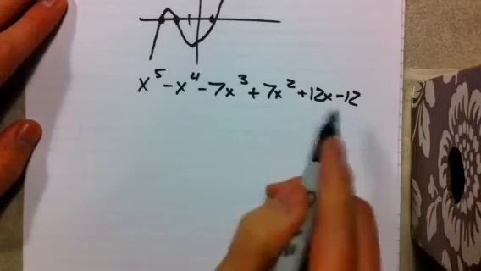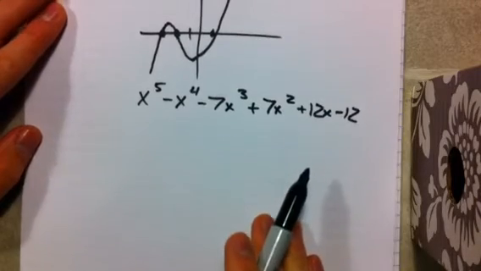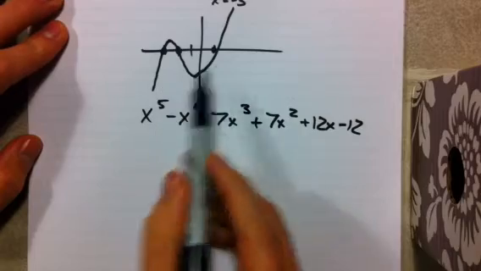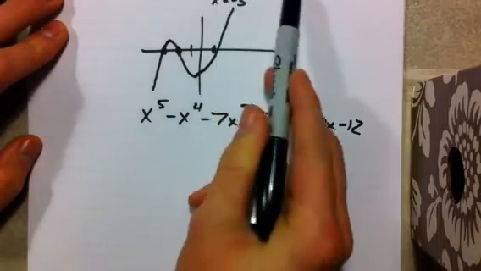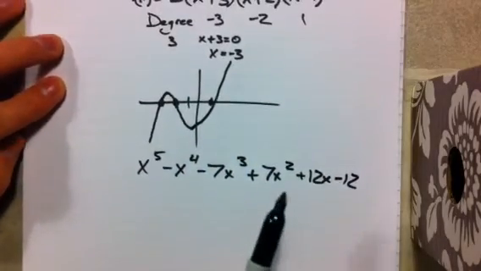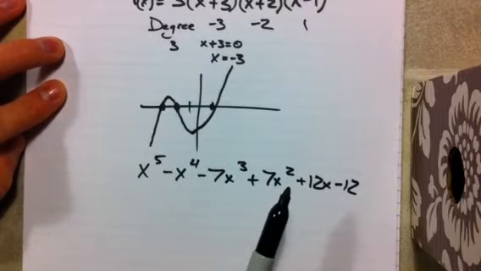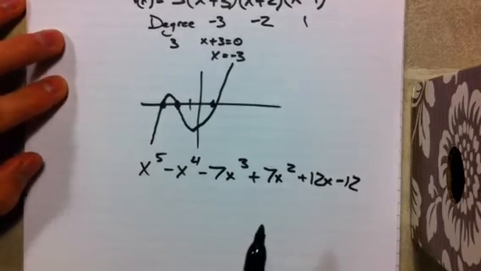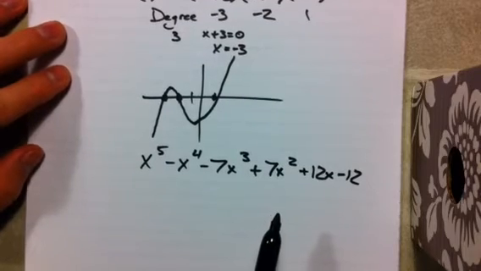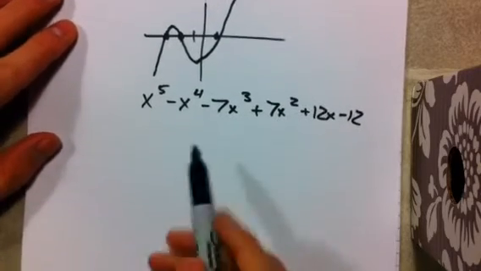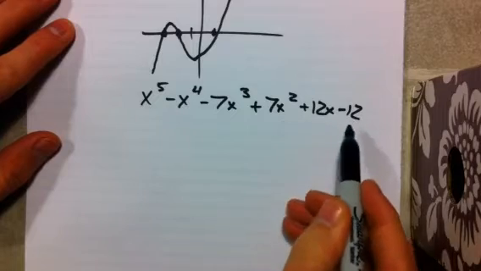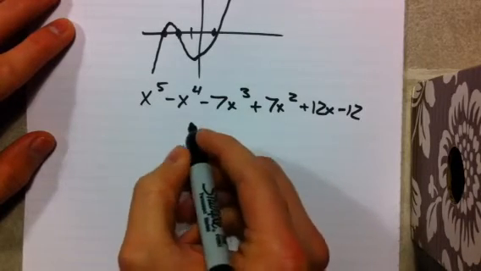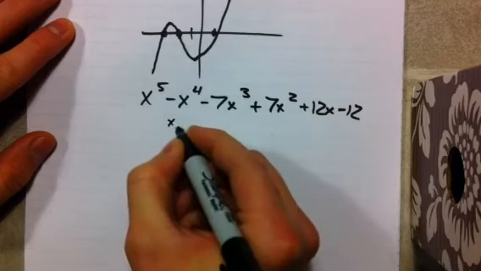And so the first thing I say here is, well, let's sort of take this backwards. Let's go to the graph first, look for these x-intercepts. Those x-intercepts that we saw, negative 3, negative 2, and 1, and then we can go back and divide to find the leftover stuff. So go ahead and graph this. Grab your graphing calculator, plug all of this in. You may want to hit pause on the video, but what you notice is that your x-intercepts